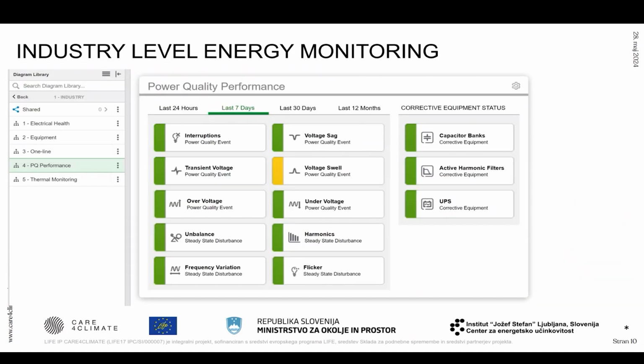We won't go into technical details, but we monitor harmonics, steady state disturbances, and many other different events. What is interesting, we do it very, very fast. We do it in milliseconds. This is faster than you can blink. So now we know how much we use and exactly when. It's even faster than a blink, but it is good enough.